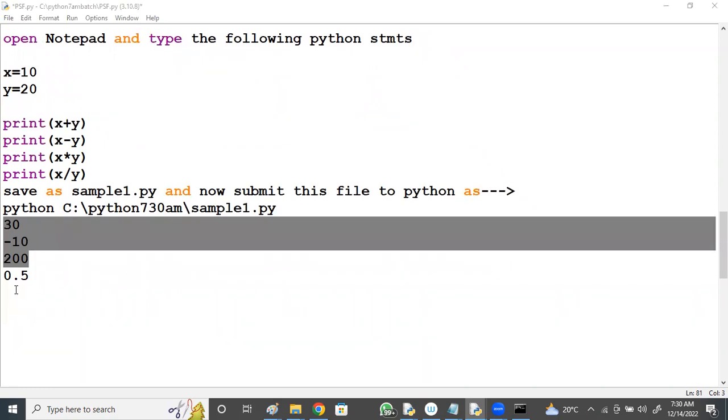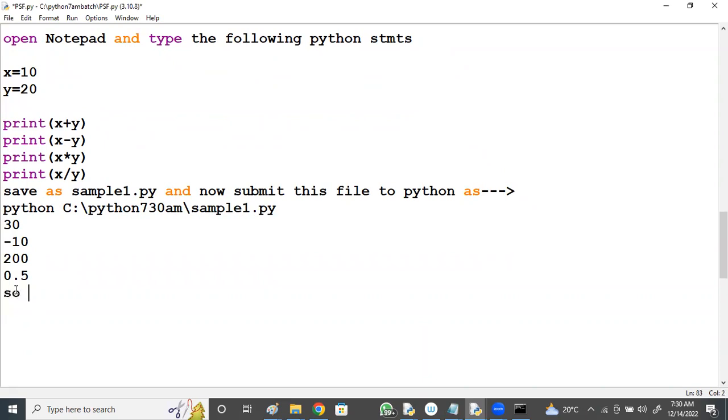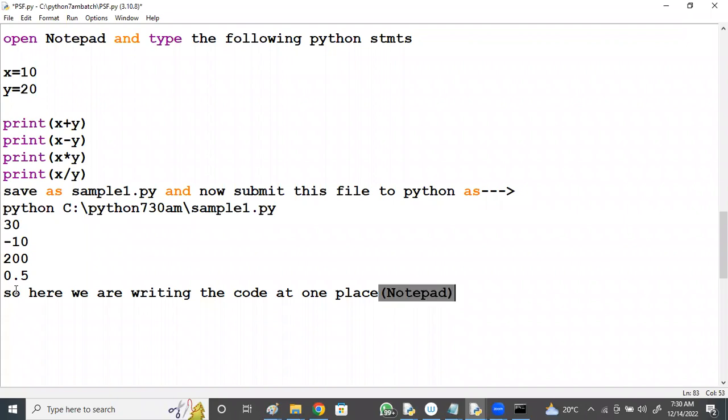Here we are writing the code at one place, within the Notepad, and executing at the other place.